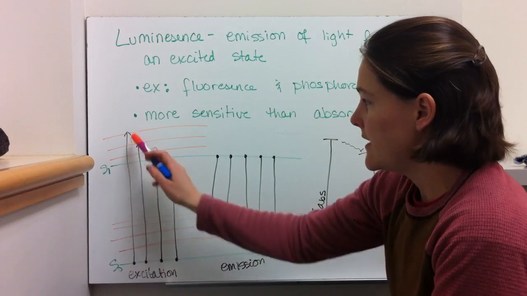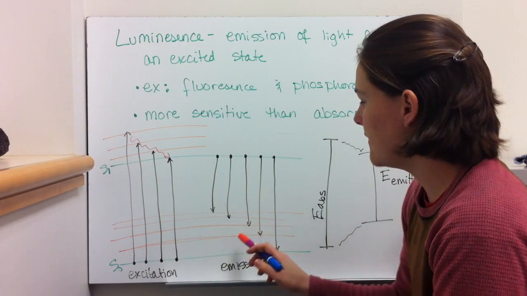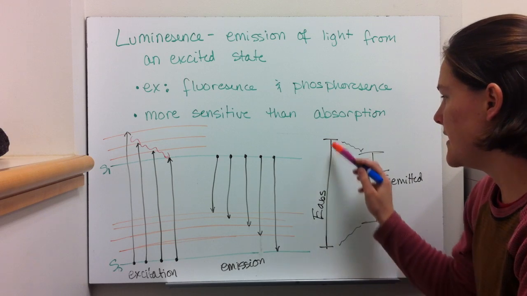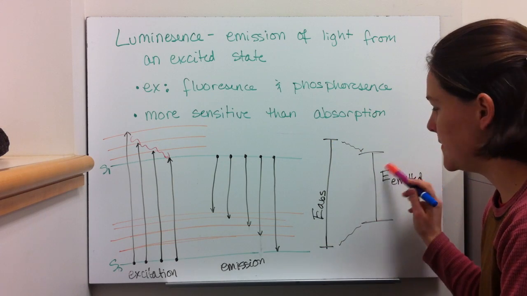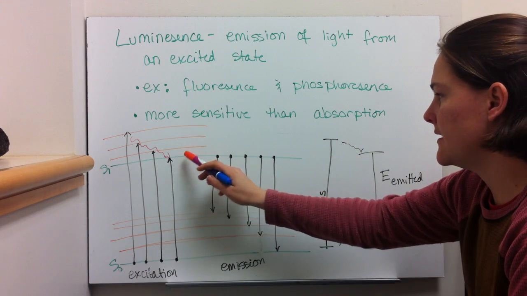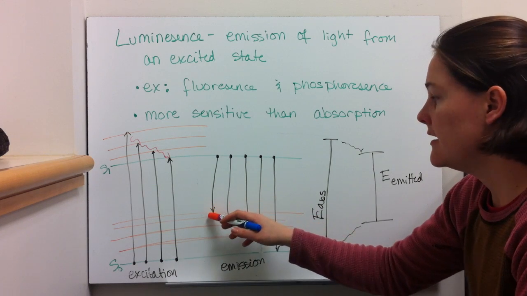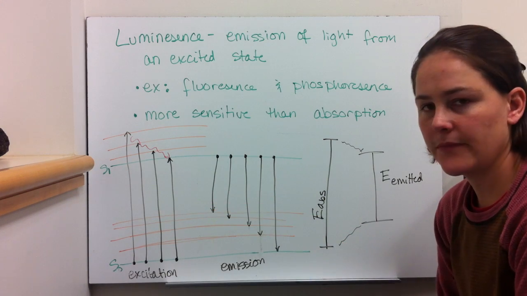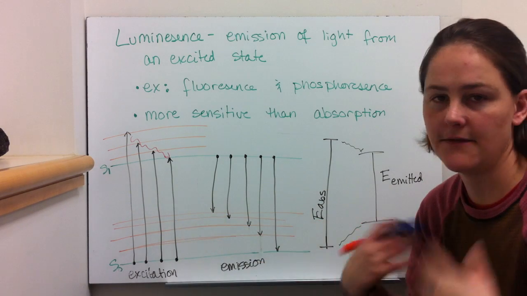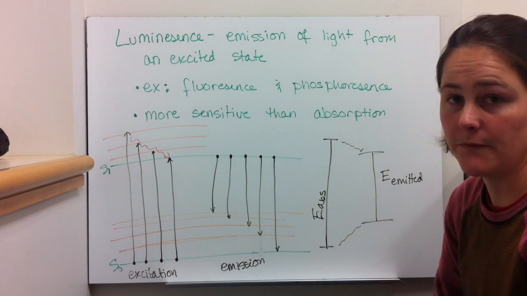So basically, you have the excitation that we've talked about before to the excited state singlet, and then you have the emission. And the reason that there's an energy difference between the energy that's absorbed and the energy that's emitted is because of non-radiative decay. So you're going to non-radiative decay down to the ground state of the excited state singlet, and then you could potentially emit a photon that leaves the molecule in a little bit of an excited state, even when it's in the ground state, so that it needs to relax farther via